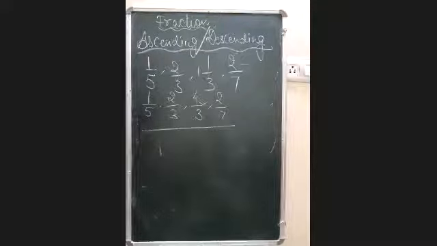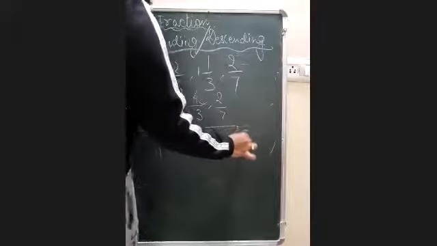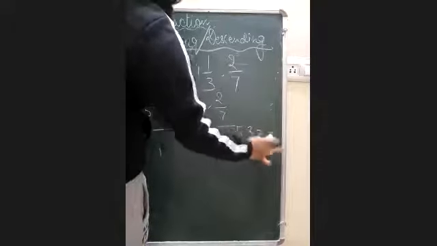Now the second method is while comparing, because ascending descending comes in comparison only. Comparison, addition, subtraction. For these 3 things, you need the method of common denominator. And common denominator process is called LCM. Because without LCM, you cannot make the fractions denominator common. Okay. So for that, what we need to have the LCM of these all denominators. So let us do the LCM. 5 and 3 and 3 and 7.